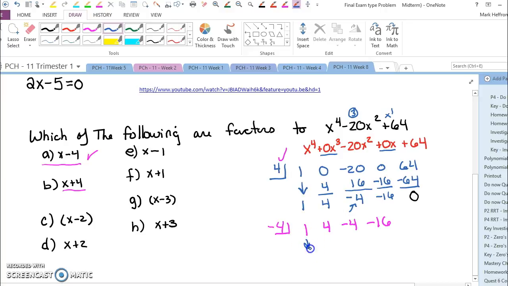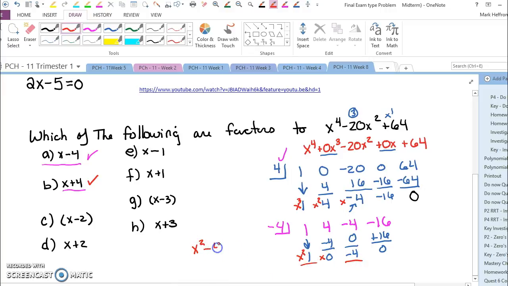When I try this, I'll bring down the 1. Negative 4 times 1 is negative 4, add 0. 0, add negative 4. Negative 4 times negative 4 is positive 16. I get a remainder again. So this was x cubed, x squared, x, and a number, meaning this is x squared, 0x minus 4. So that means this is a factor, and what's left is just x squared